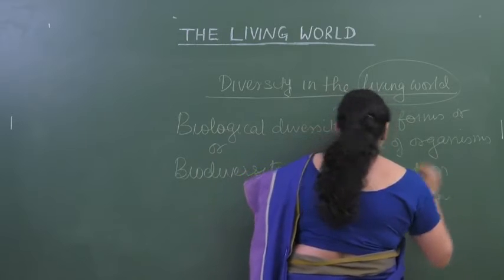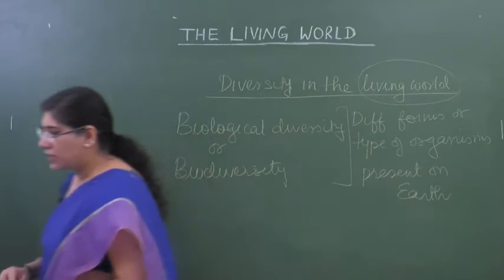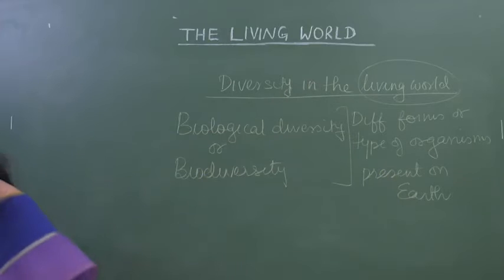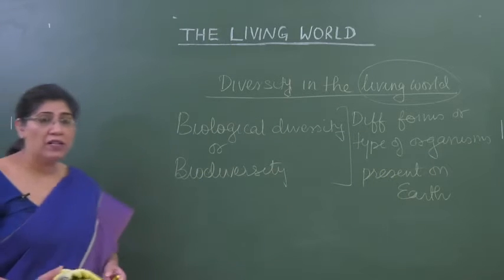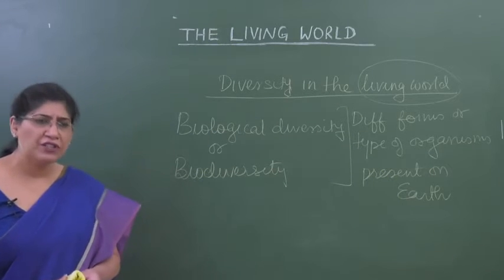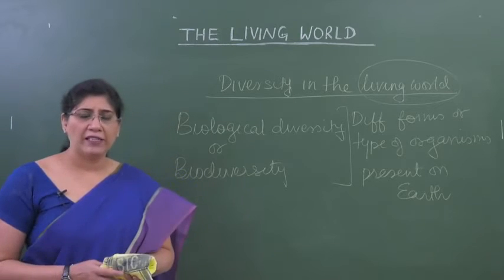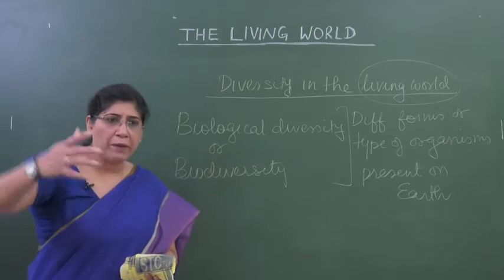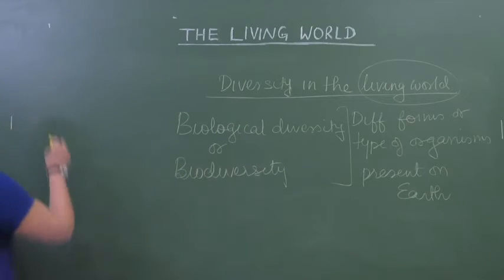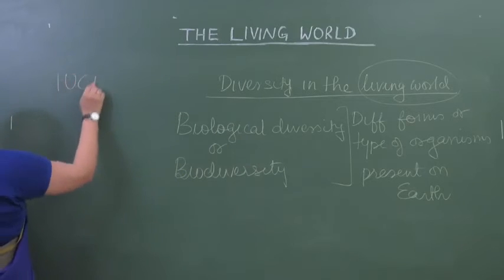So, different plants, animals, microbes, fungi, viruses, bacteria, any of these organisms, the different types which are present on earth. According to IUCN,